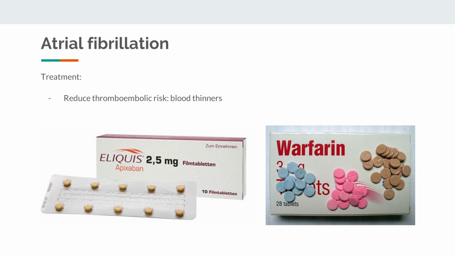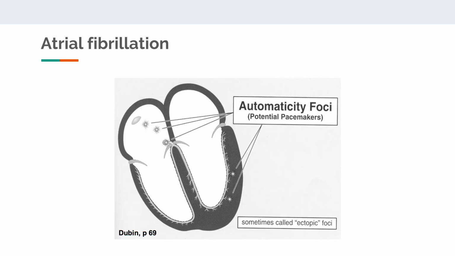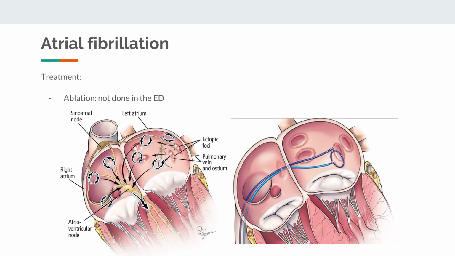Atrial fibrillation is caused by ectopic foci in the heart. These are cells that are capable of producing a heartbeat in case the SA node fails. Normally these ectopic foci are turned off, but when they erroneously fire, as in the case with AFib, they can prove to be problematic. If the patient persists to have AFib despite antiarrhythmic medications, a procedure called cardiac ablation may be performed by an electrophysiologist. This is when the cells at the ectopic foci are destroyed using heat or radiofrequency, preventing them from causing disorganized rhythms. And an electrophysiologist is a cardiologist who specializes in the electrical activity of the heart.